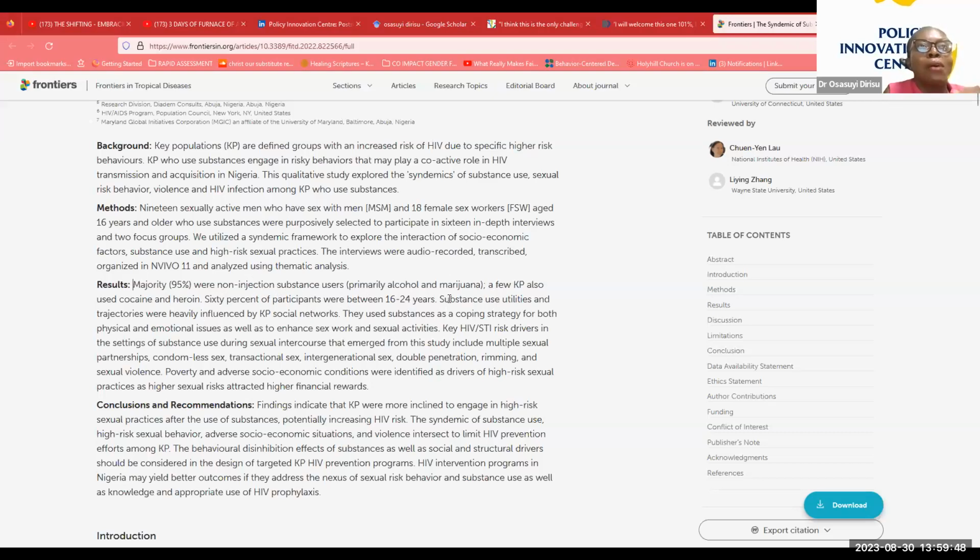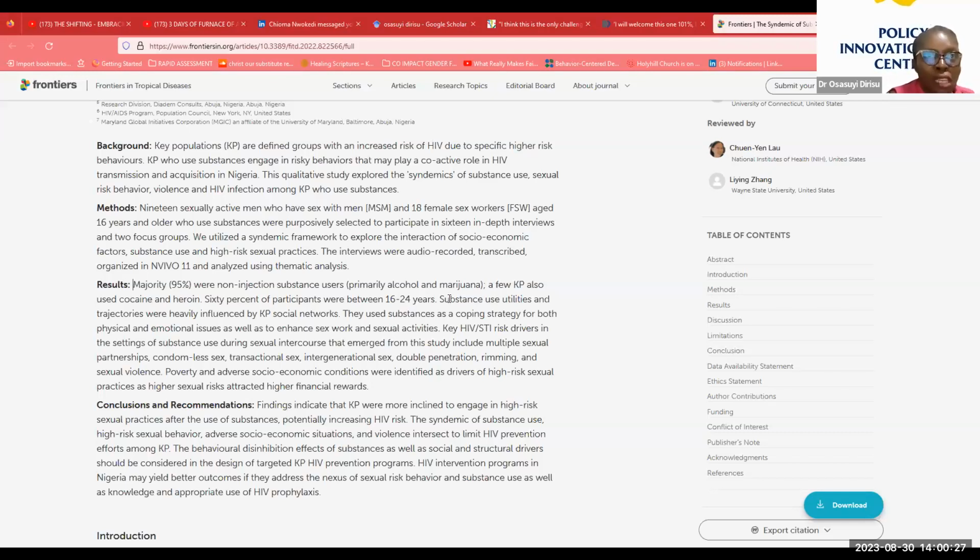Then you now begin to break down the findings. What is typically good is to have a piece of paper where you've written, what are the 5 key takeaways from my work? Number 1, you write it. Number 2, just on a piece of paper. Then you now put it into a sentence. So for this one, as an example, I found out that social networks influence the use of substances. I found out that the use of substances was used as a coping strategy for people who engaged in sex work and sexual activities. So those were 2 things around why they use the drugs. Then around the risk, I found a couple of things